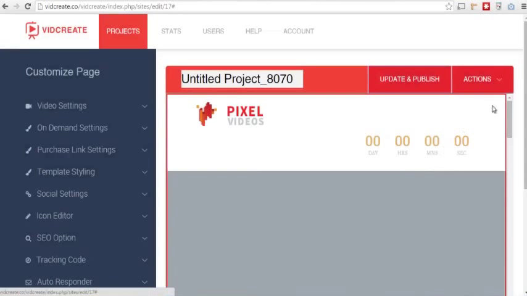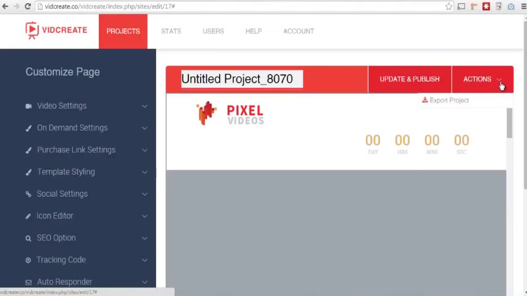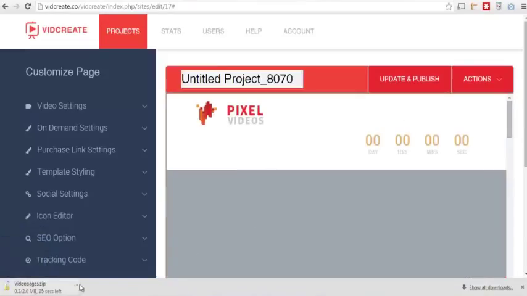Now last but not the least, if you want to export the entire project, you can export it. You just have to click here so that the HTML template will be exported. Now this is the HTML template. You just have to upload it on your server and you can start your marketing campaign. So that's the overall